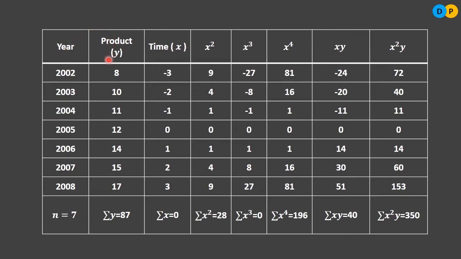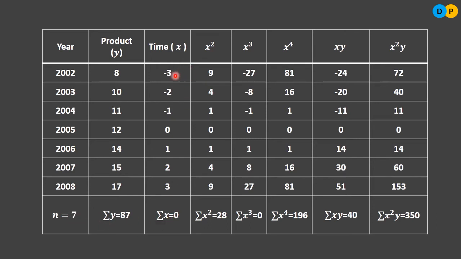Here the production value is indicated by y. Next, what does n indicate here? N indicates the total number of years for which values have been given. Totally there are 7 years. 7 is an odd number, so you need to take care here, because if the n value is odd, we will find summation x in a different way. Summation x should always be 0. If you want to get summation x equal to 0, then we need to construct this column in such a fashion that we get 0 here. That depends upon the n value.